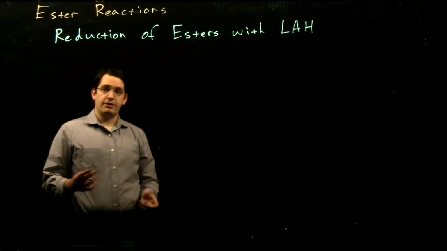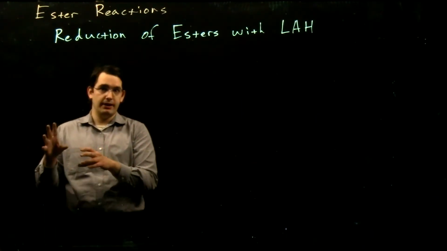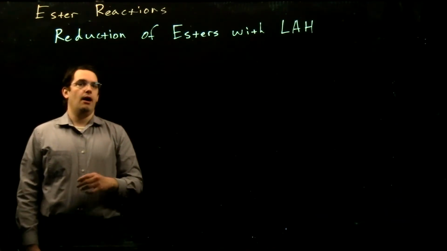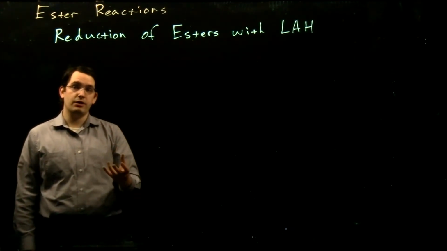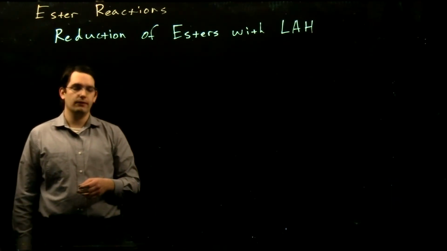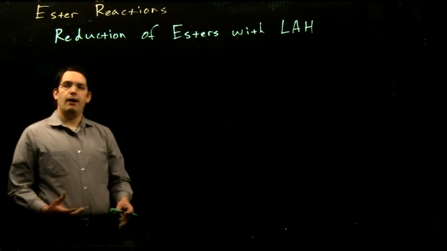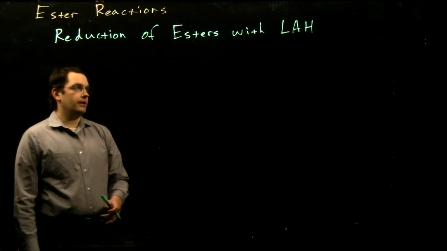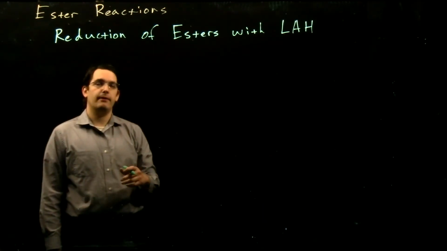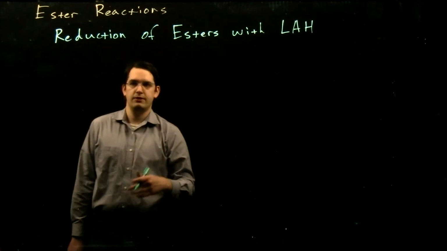In that last reaction, we saw a lot of similarities between how the carbonyls of our aldehydes and our ketones react compared to our esters. So we also see some similarities in the reduction of our esters compared to the reduction of our other carbonyls. Our esters can be reduced to alcohols similar to our other carbonyls, but they're going to behave more similarly to our carboxylic acids, where we're going to require that strong reducing agent